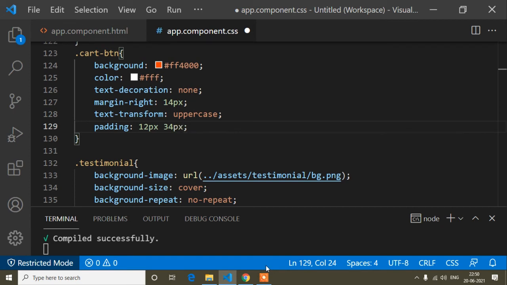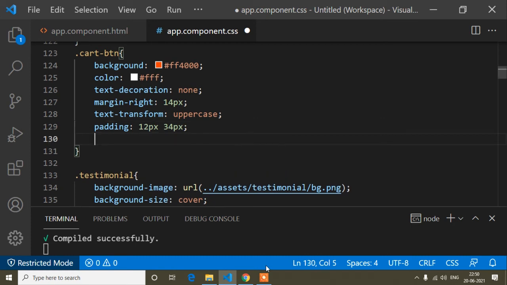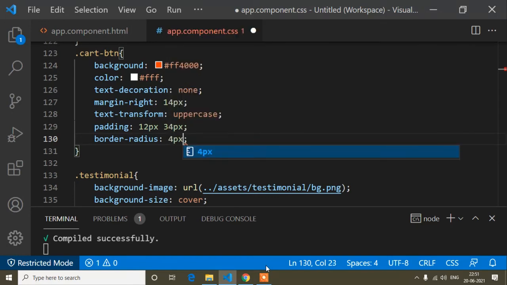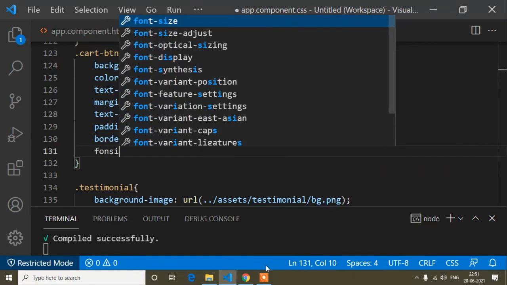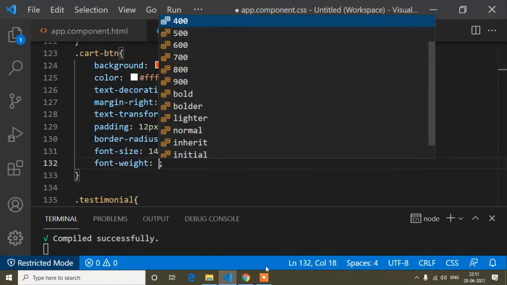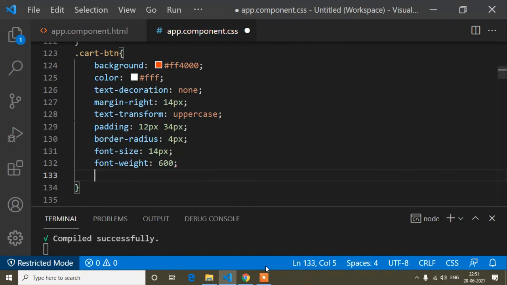And now border-radius is 4 pixels. And now font-size is 14 pixels and font-weight is 600.